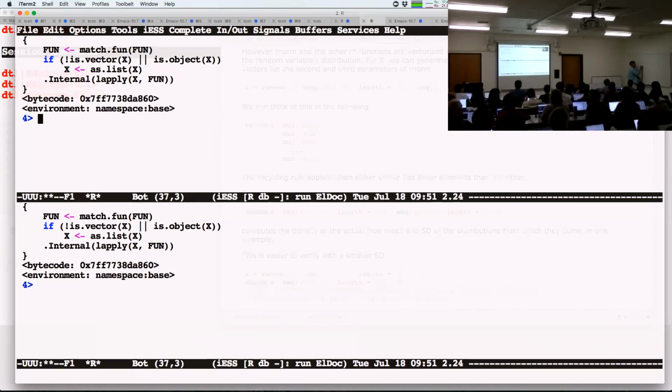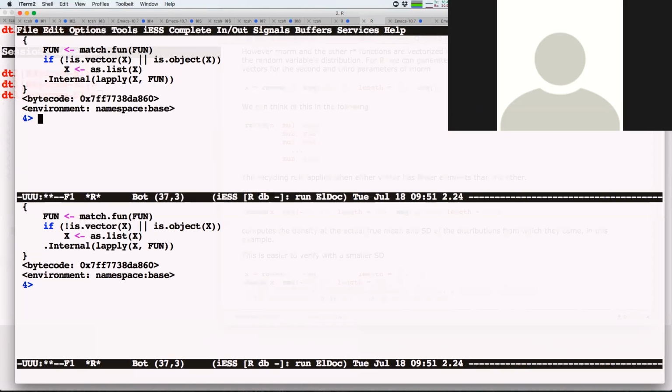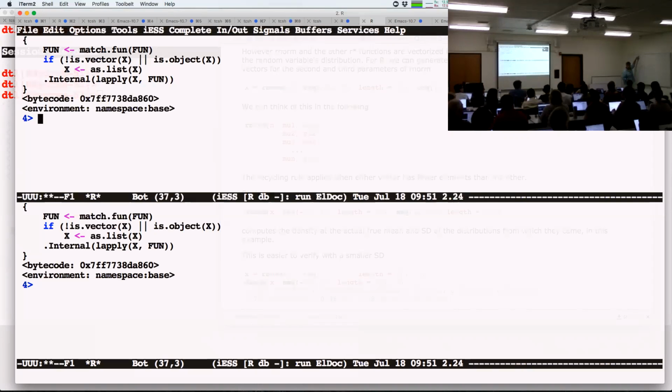So what do I do? I lapply over this list with 3 elements, each with different lengths. Then I just type down max. That's my function. When I call this function, what's happening? This gets matched to this. It's got 3 elements, so I'm going to end up with a list with 3 elements. This max function gets mapped to fun. So when I call fun of X square bracket 1, that's this guy.